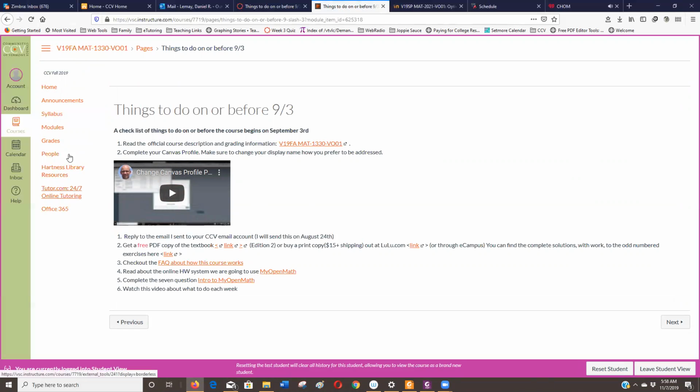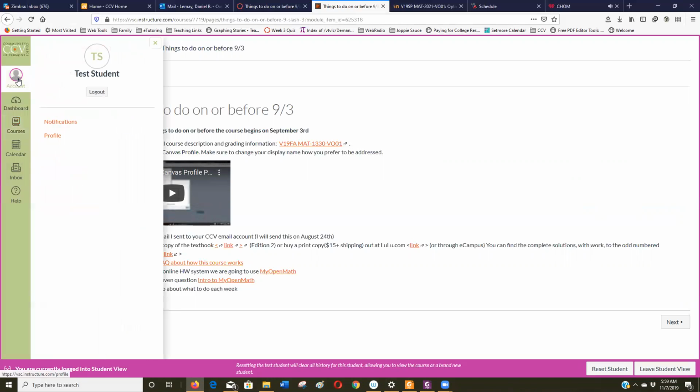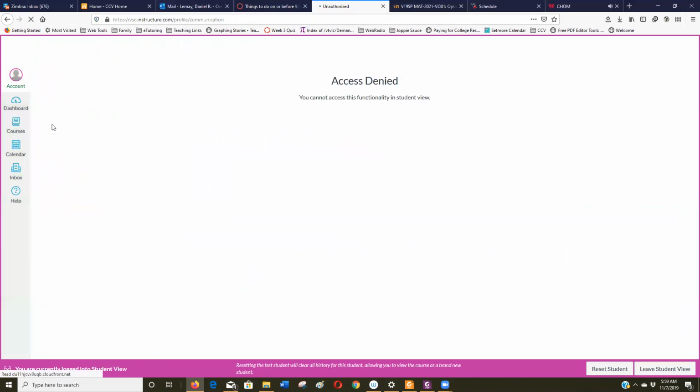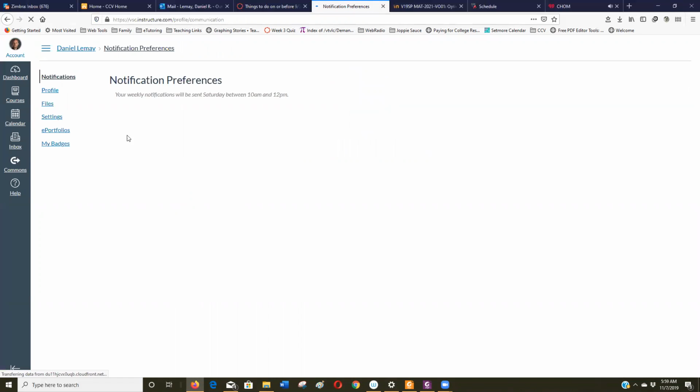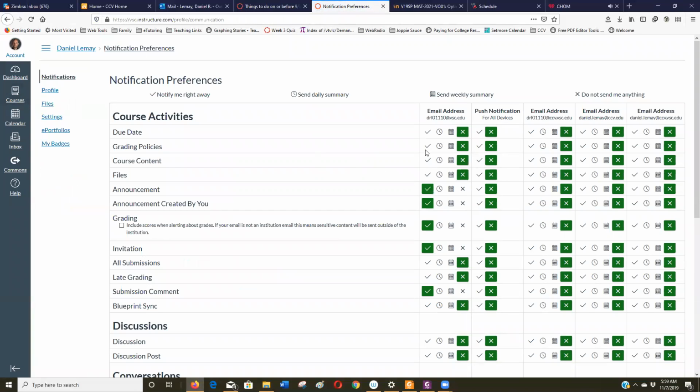There's basically, you want to change your setup, your notifications. See this inbox over here? Instead of having separate email, we can do this all through Canvas. If you set up, so let me see, if I click on my account, see that notifications? Because I'm in there as a student, I'm not a real student here. So if I do, here you go. You're going to get this screen, and I'm pretty sure it looks very similar. X means you're not going to get any notification. A check means you're going to get a